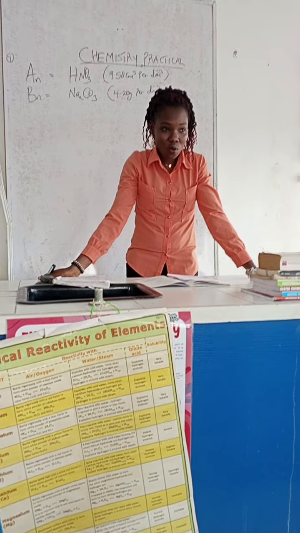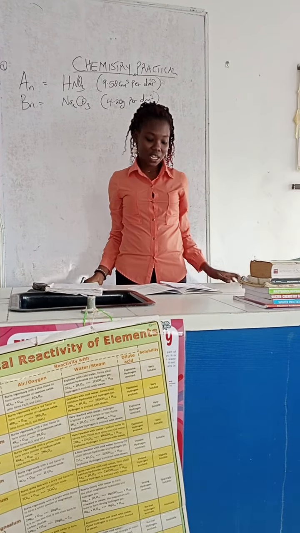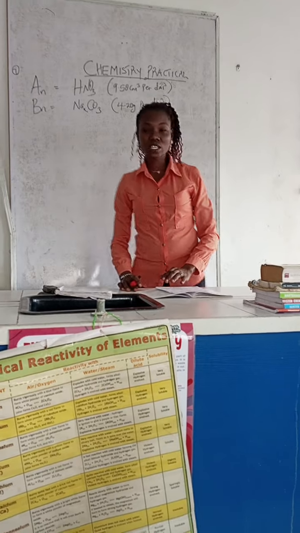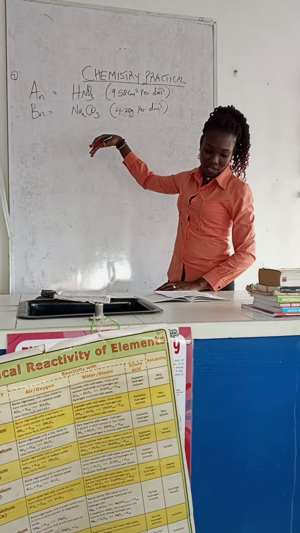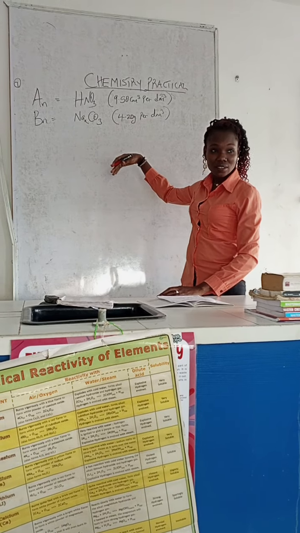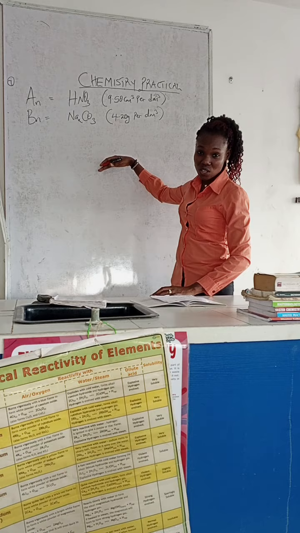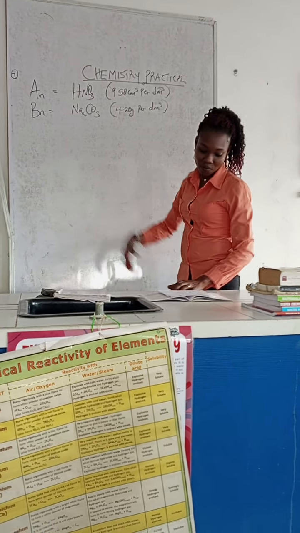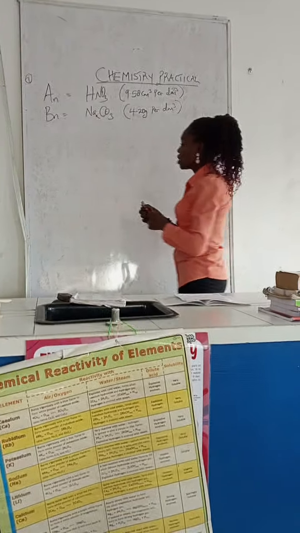Before we perform the titration, let's know the concentration of these samples, so that we can do our hypothesis and theoretically know what our average titer is going to be. Now for HNO3,